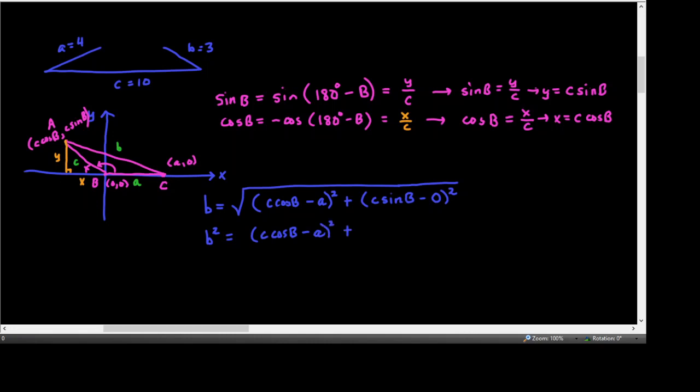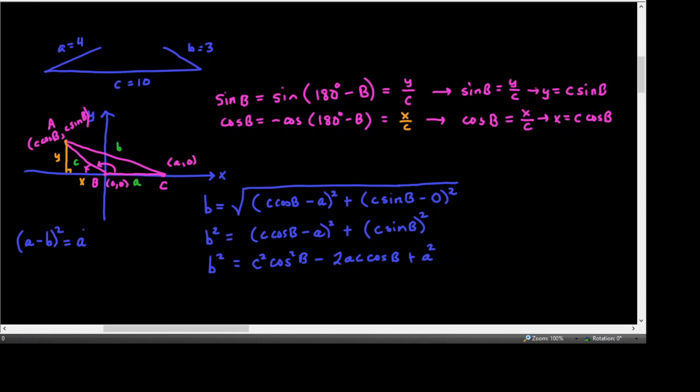And I'm going to go ahead and simplify that a little bit. Anything minus 0 is just itself, so this will be (c sine b) quantity squared. And then doing the squaring, first of the binomial, that will be c squared cosine squared b minus 2ac cosine b plus a squared. And again, in case you have forgotten, to square a binomial where there's subtraction, you're going to